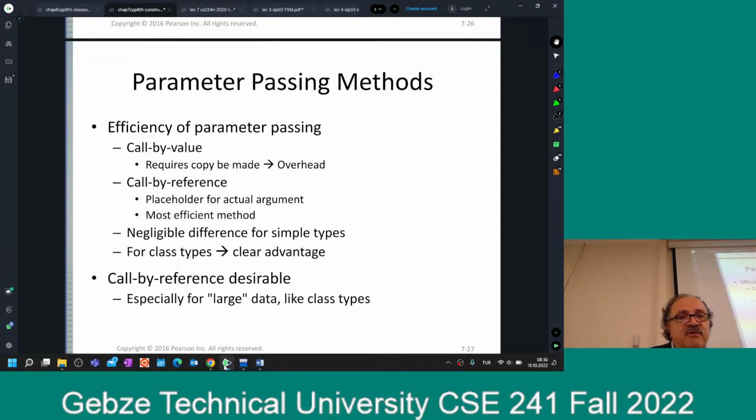So what am I going to do? I will send it by reference, call by reference. Call by reference is very efficient because it doesn't send a copy. It just uses the same object for the functions too. Okay, that's what we say. But the difference between call by value and call by reference in terms of